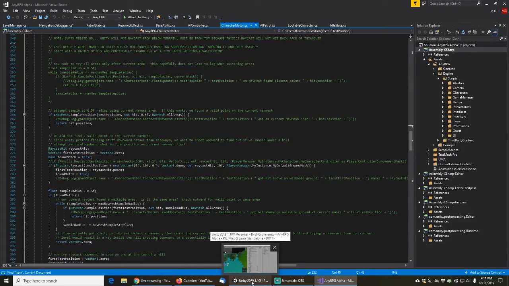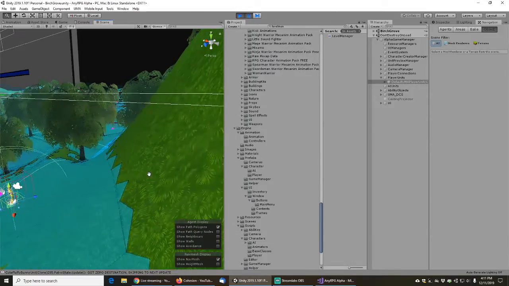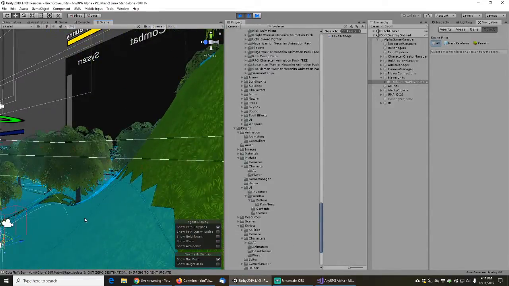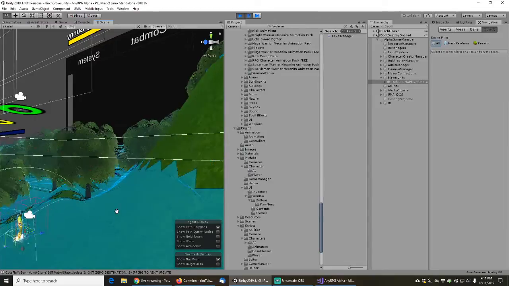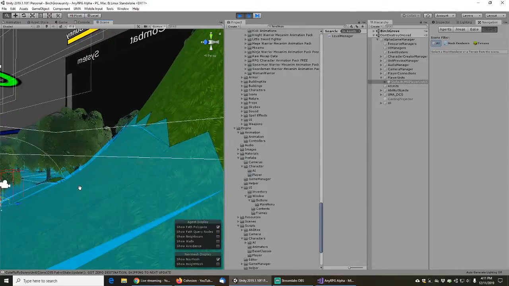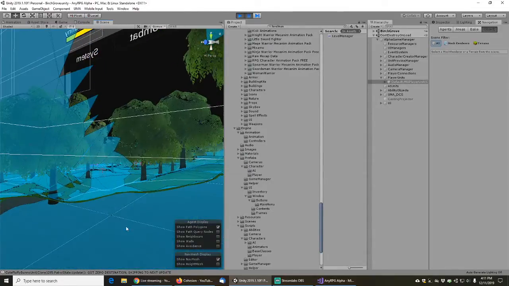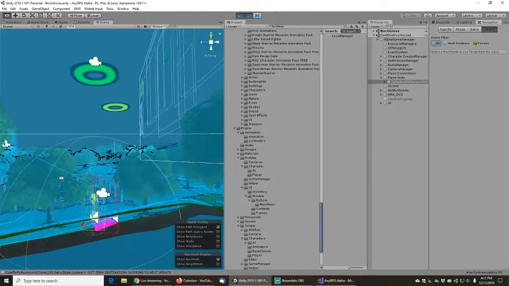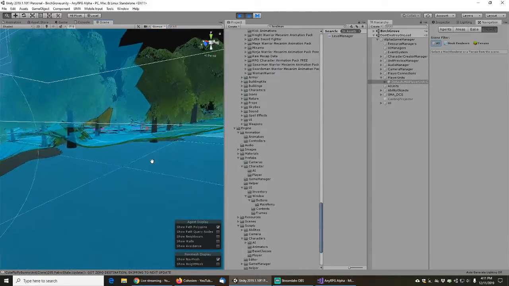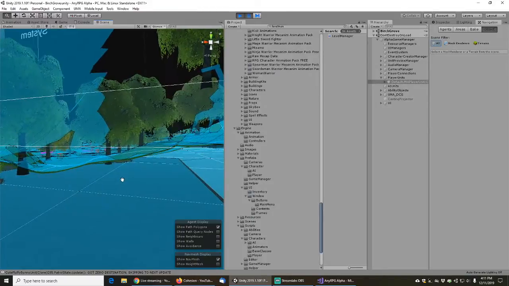And there's a really good reason for this, and I'll show why if you look at the land here. So basically, let's say the bunny is pretty much where my character is, right? And he chooses a random point, like right here, inside of this hill, right? And let's say he chooses the random point right here. Well, if I just do a sphere cast from here, I'm not going to find anything. It's going to hit nothing, right? But